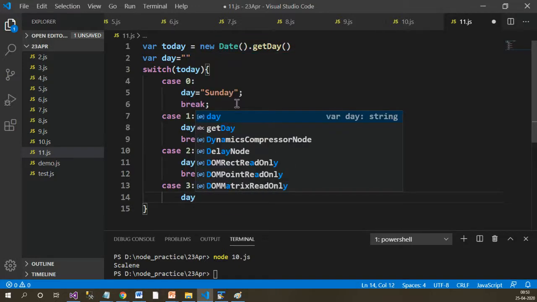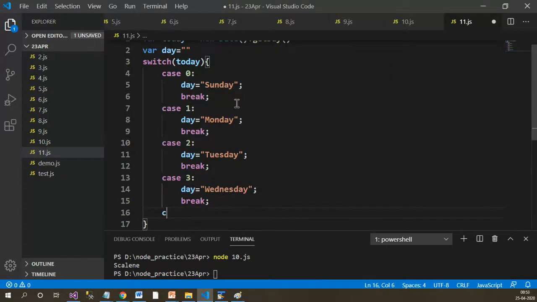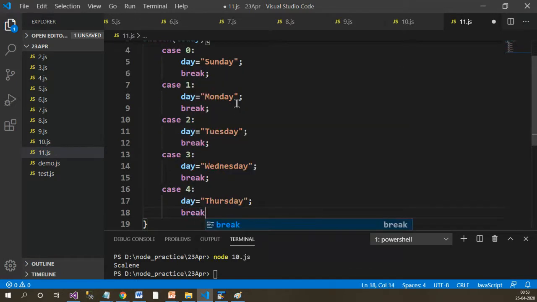Day equals Wednesday. Break. Case 4 is for Thursday, day equals Thursday, break.